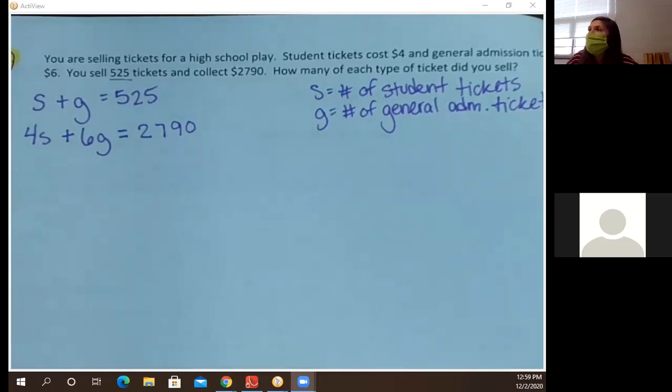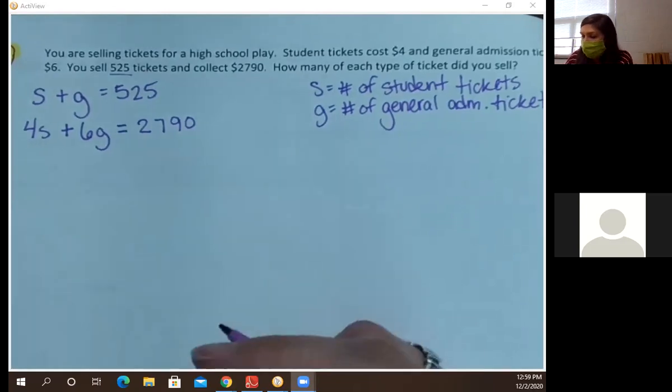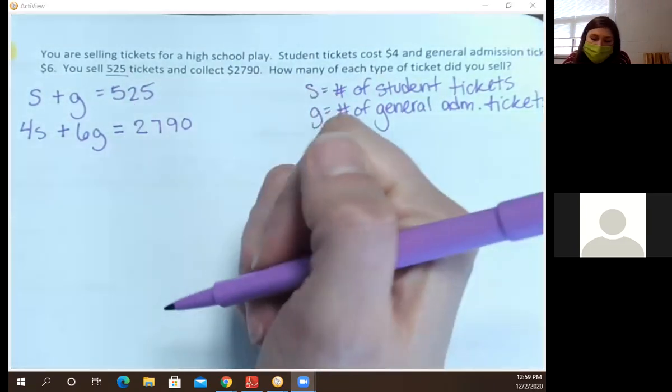And I'll give you a couple problems where you can choose whichever method you'd like. But since I am going to ask you specifically to use substitution and to use elimination for a couple different problems, I want to make sure we review each of those. So we'll do this one with elimination as well, and then we'll do a couple with substitution a little bit later. So if I'm going to use elimination on this thing,